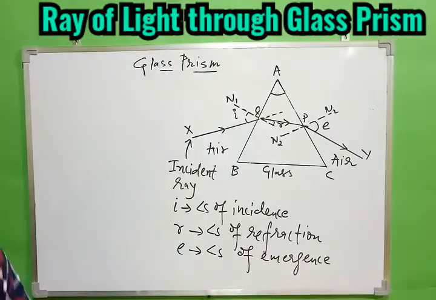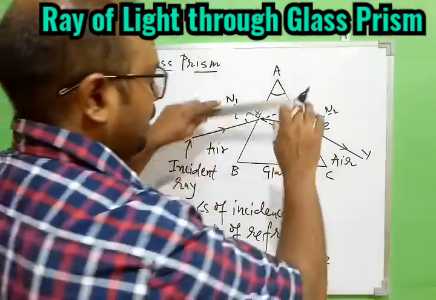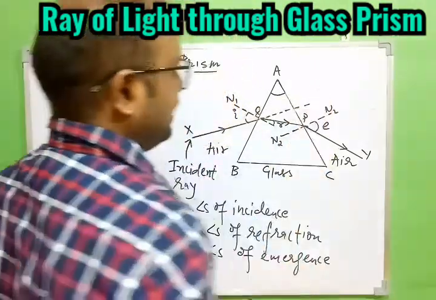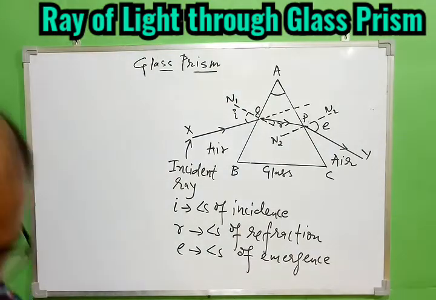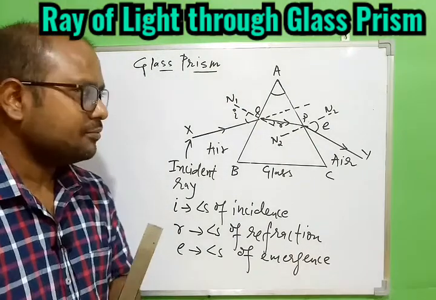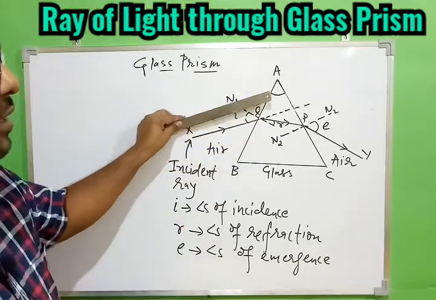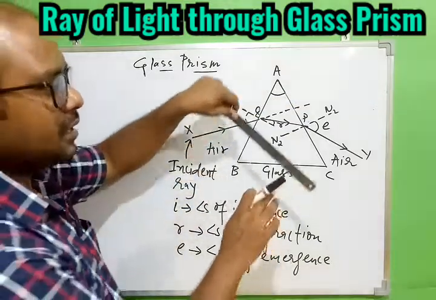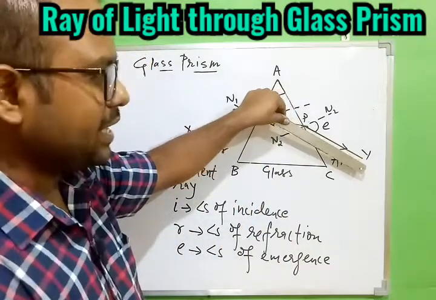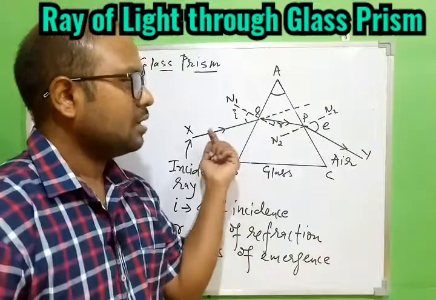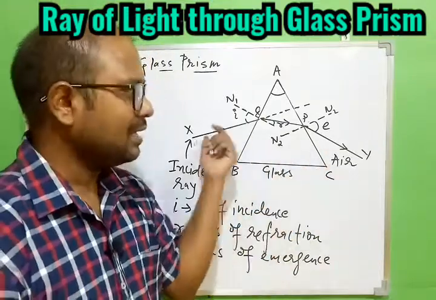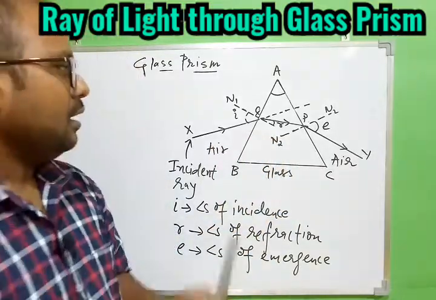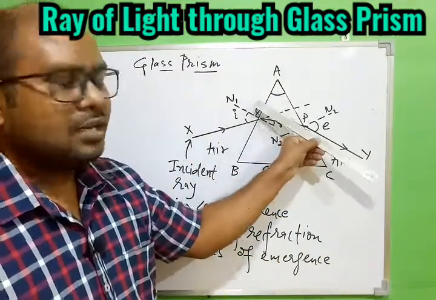Now what you see, if we see this was the initial path of the ray of light, that is, if the ray of light will not bend or will not have the refraction, this incident ray will pass straight away. So this is showing you the initial path of the ray, and finally the ray is coming out from this direction. So overall we can say the light has been shifted, the light has changed its direction because of this prism, yes or no? Or we can say the ray of light has been deviated from its path.